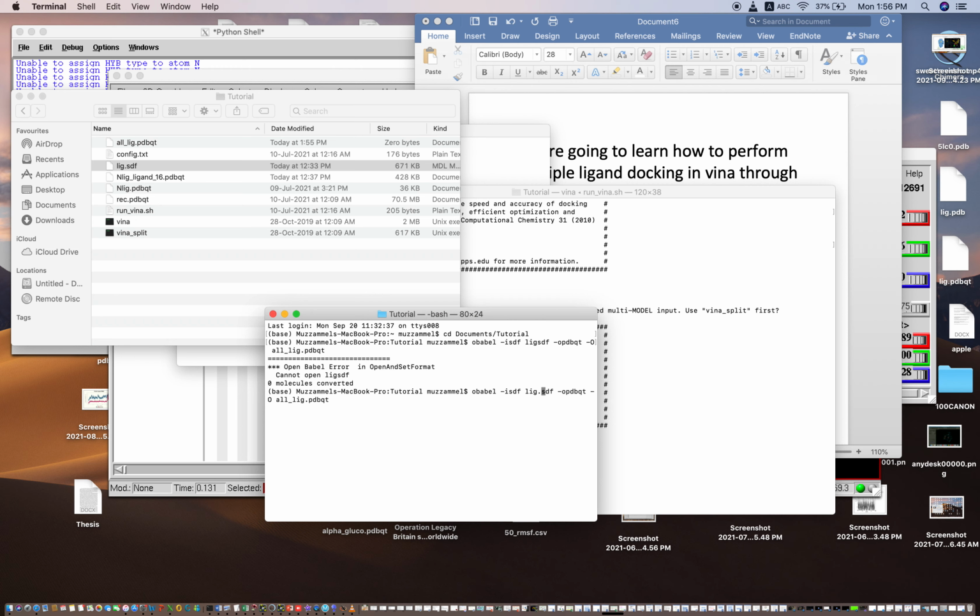The problem was I didn't give the correct name, therefore it gave 0 molecules converted. OpenBabel did not convert any molecule into PDBQT format because the given name was wrong. There is no file named lig SDF. The dot was not present. So again I have put the dot over here, and then I'll press enter.